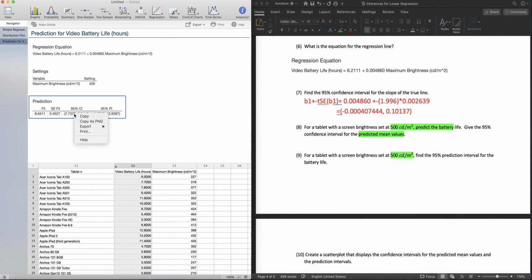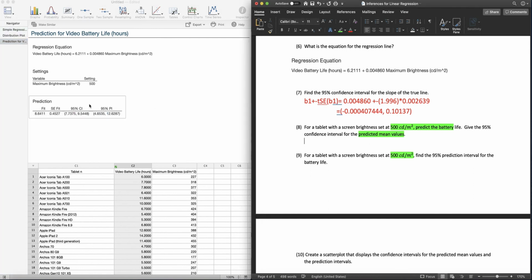Anyway, so right here we have the confidence interval, which, do I have an option to just copy that part? No, I don't. That's awesome. Yep. I'm just going to type it real quick. So 7.7375, comma, space. I am now reading what I'm typing. Never again. Okay, so that means the predicted average